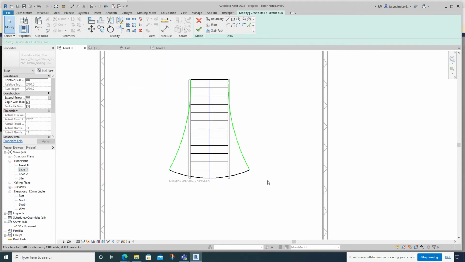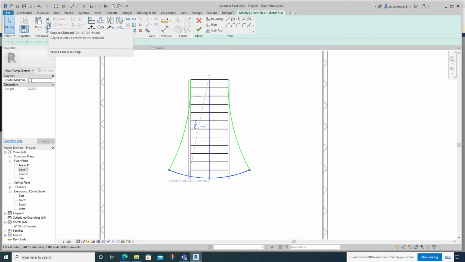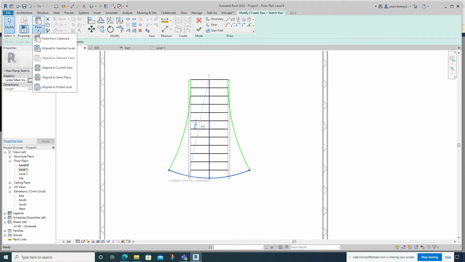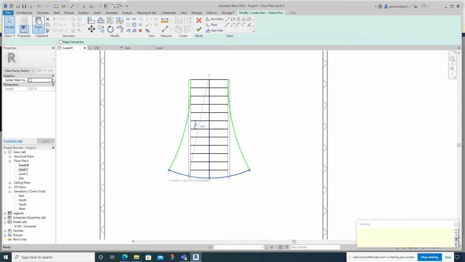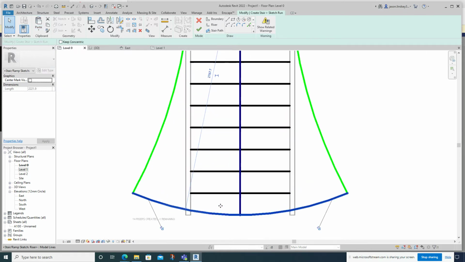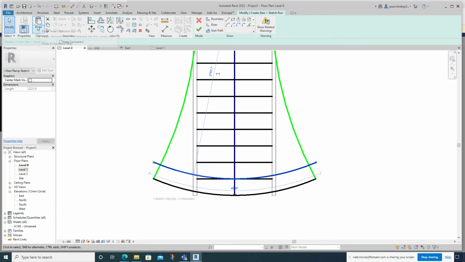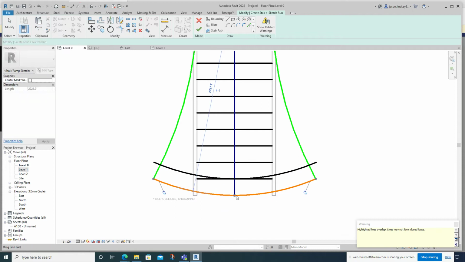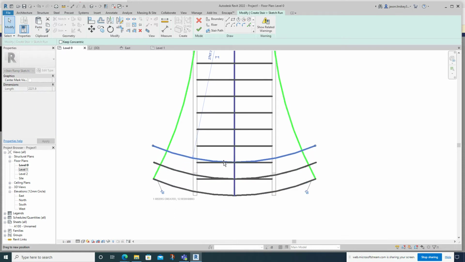and away it goes. So now what I need to do is repeat this for each one, but rather than keep drawing out each one, I'm going to select this one here. On the top left hand side, I'm going to go copy to clipboard. So I'm going to click on that, and then in the paste on the little button below, just align to the same place, and then drag that up so it lines up with that one there, and paste again to the same place, and then just keep